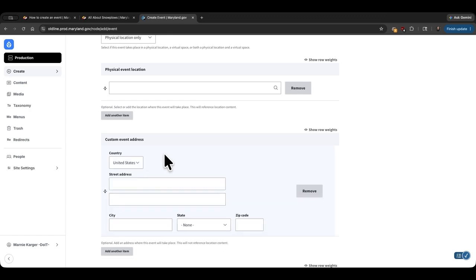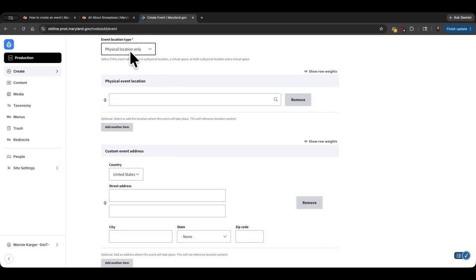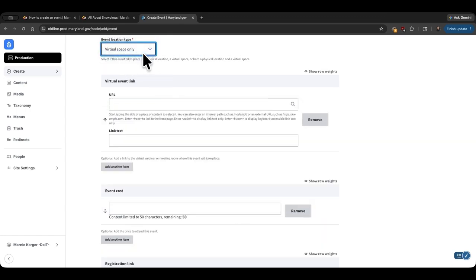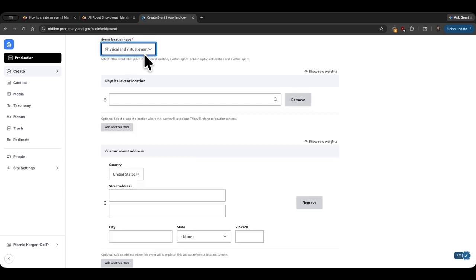If you select the second option for Virtual Space Only, the next fields change so that you can enter the URL to link to the virtual event, as well as a field to enter descriptive link text. And if you choose the third option for physical and virtual event, you get all three fields for entering location